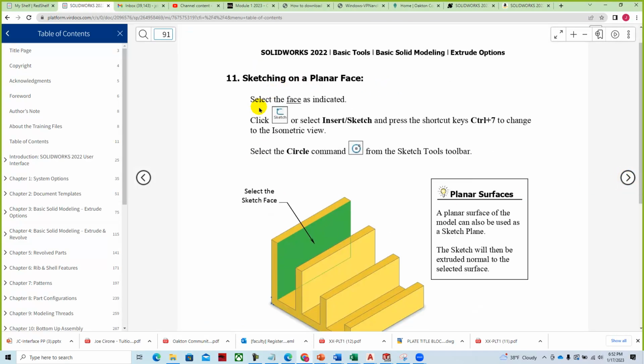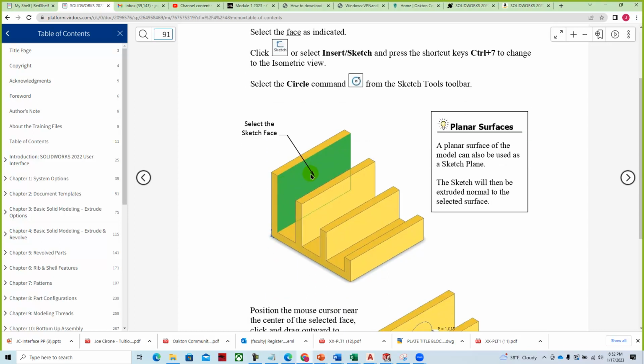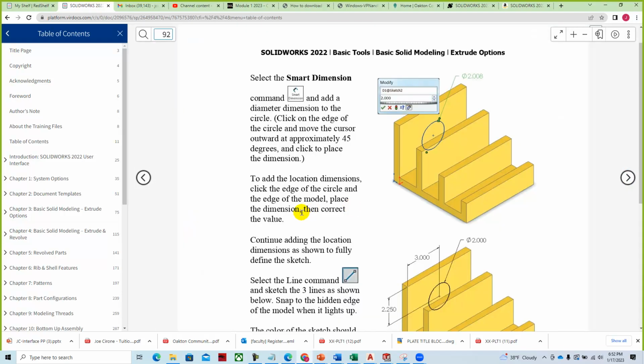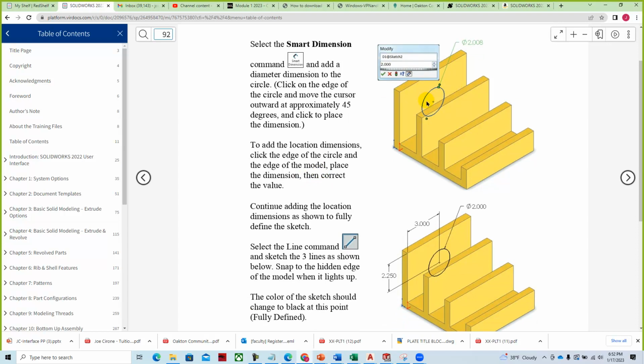And then we can sketch on these different surface planes. And so this is also another really nice feature. You don't have to move around a user coordinate or anything like that. We can select this face as a planar face to sketch on, and then we can create the geometry directly on that face. And so we can go through and create a circular geometry with a 2-inch diameter, and then